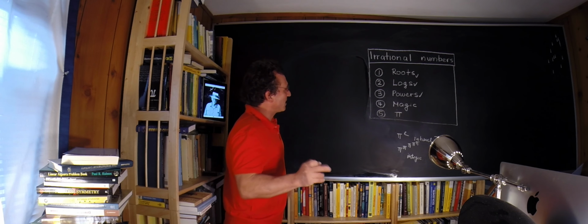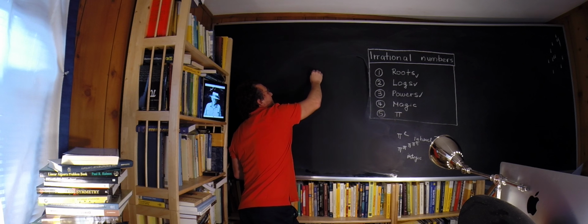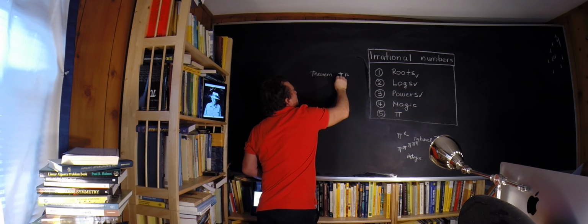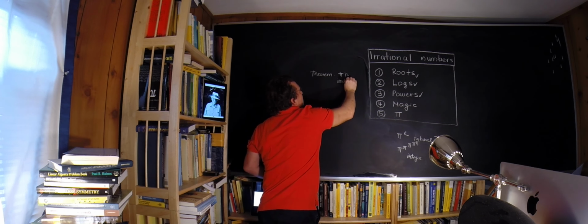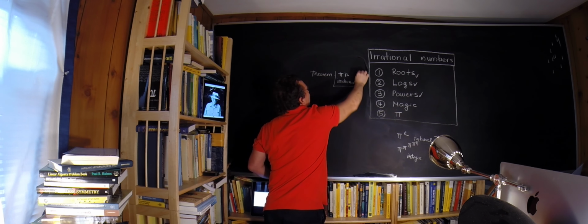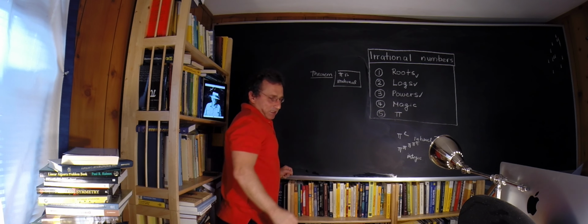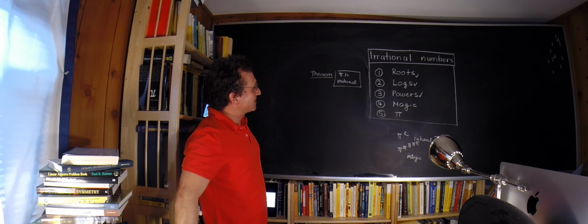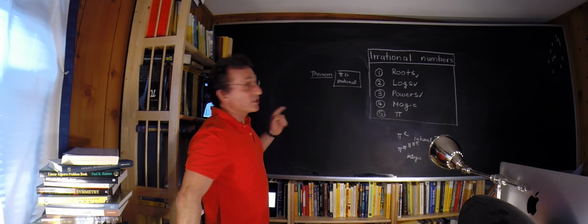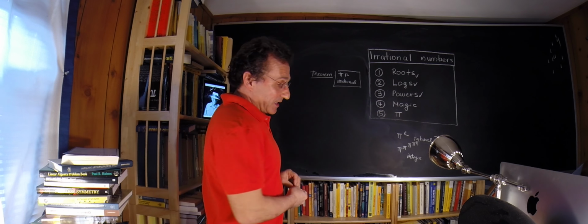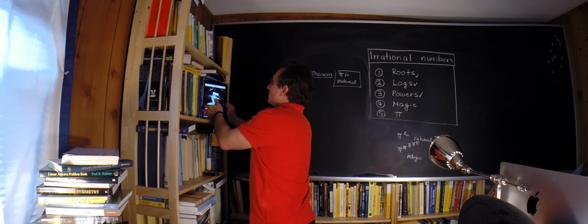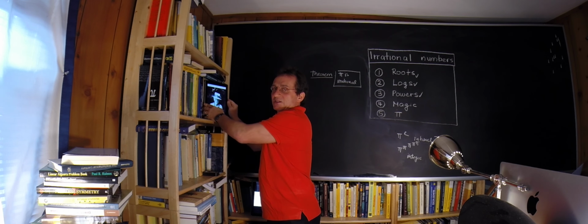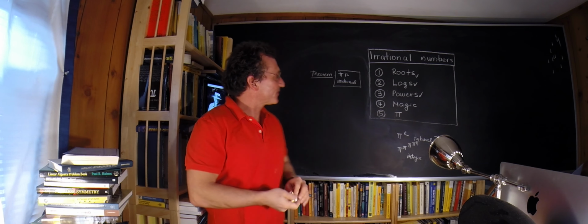So let's look at the last thing, which is the theorem that pi is irrational. Pretty important theorem. It has first been found by Johann Lambert, a Swiss mathematician, and the proof which I'm going to present is by Ivan Niven. So here, you see him here. Pretty cool proof. Not so easy, it needs a little bit of time to digest. But let me try to explain his proof.